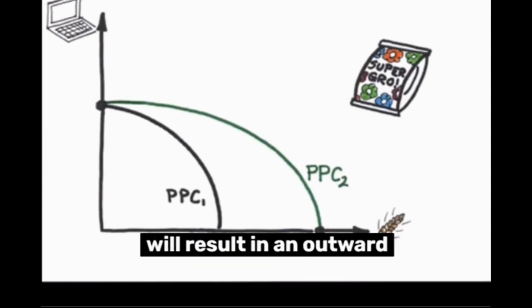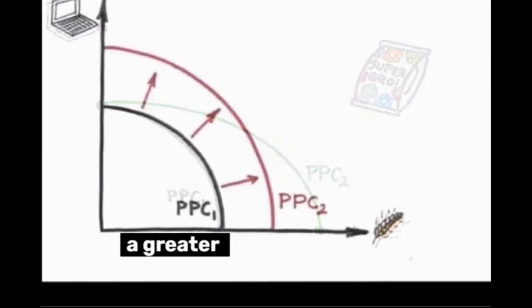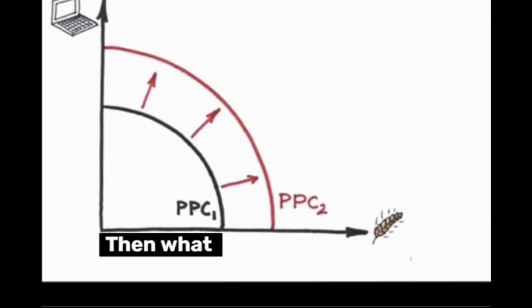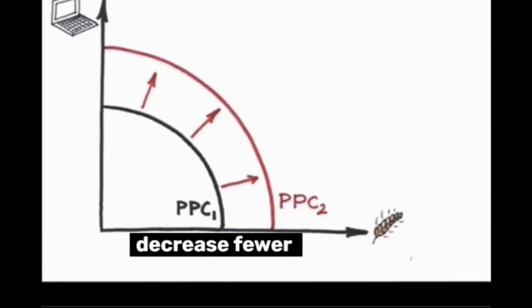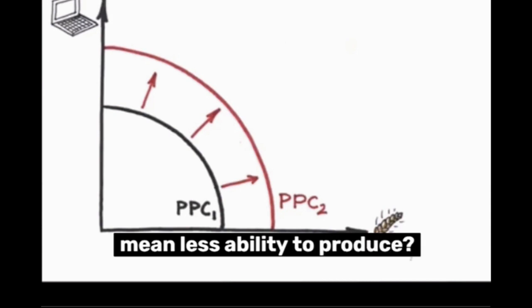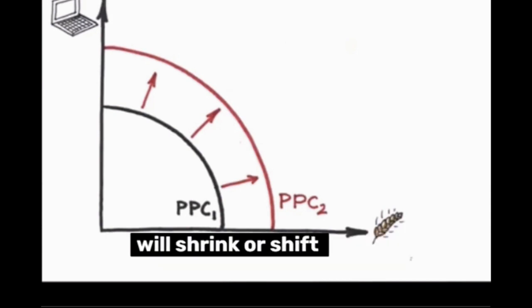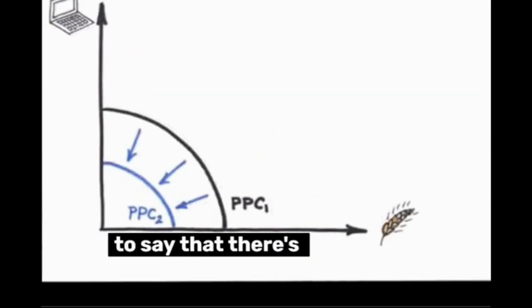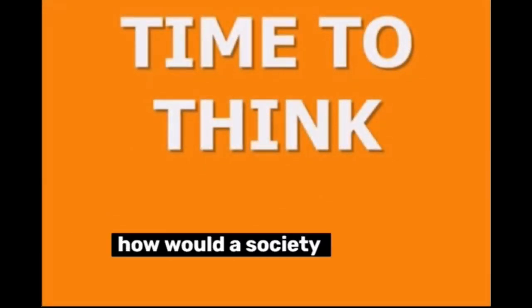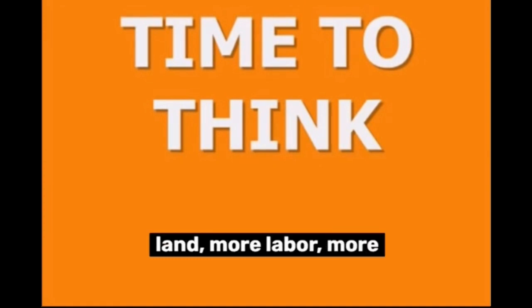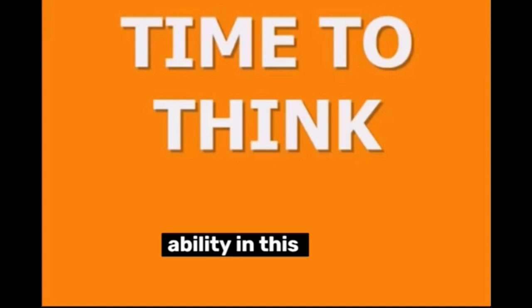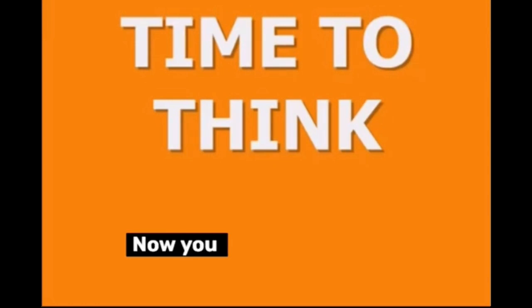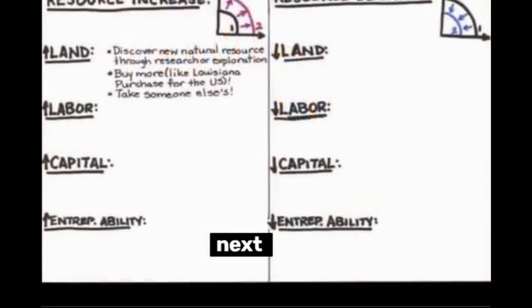So where were we? Okay, an increase in resources will result in an outward shift of PPC, demonstrating a greater ability to produce. Okay, then what happens if resources decrease? Fewer resources mean less ability to produce, so the production possibilities will shrink or shift inward. Now I want you to think about something. What does it actually mean to say that there's an increase or a decrease in resources? How does it happen? More specifically, how would a society see more land, more labor, more capital, or more entrepreneurial ability? In this table, I've gotten you started. Now you complete the rest. Next time,